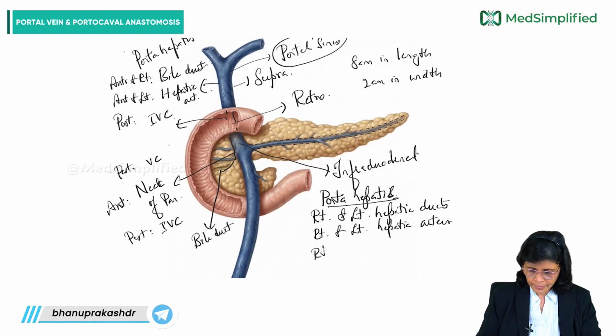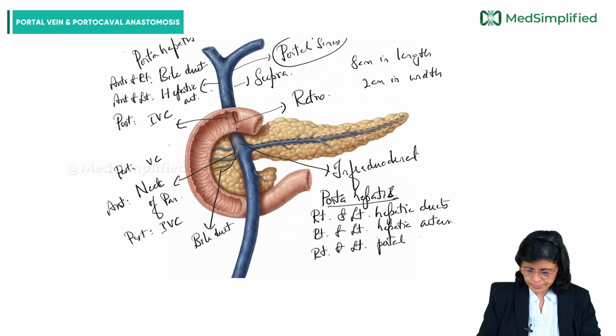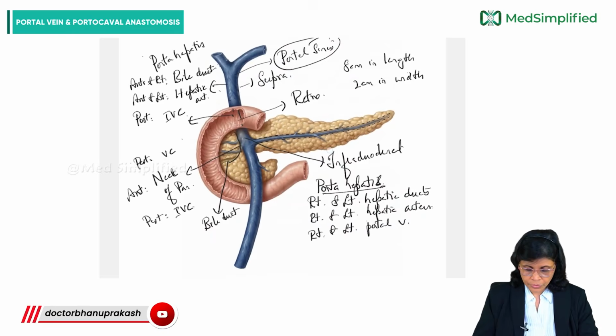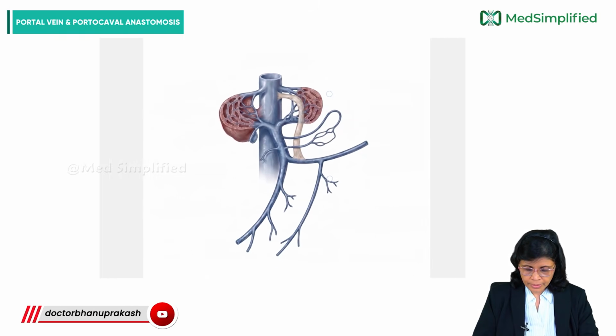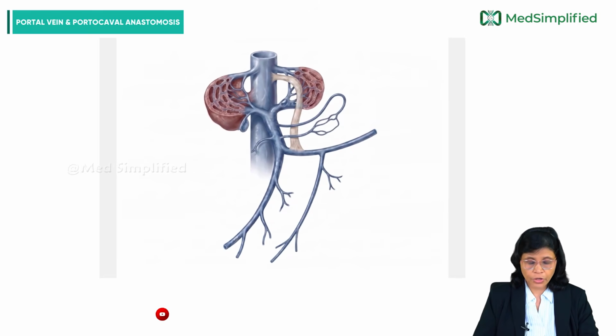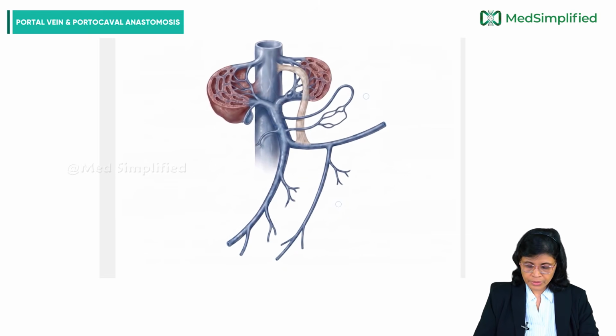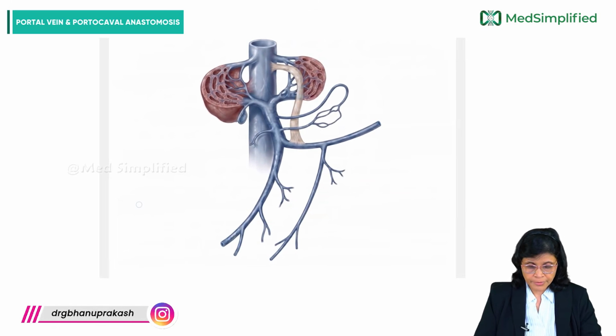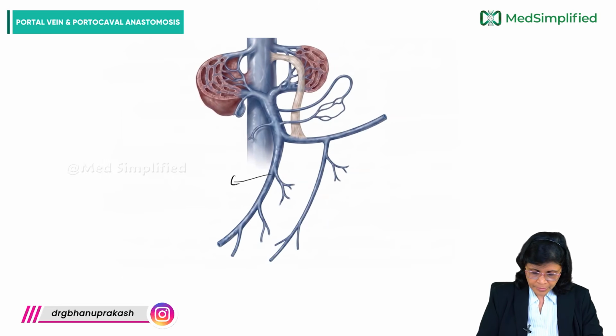And then we will see the right and left branches of the portal vein. So this is about the extrahepatic course. Here there are a few tributaries of the portal vein which join before it opens into the liver, that is, before its intrahepatic course. So here, if we see the superior mesenteric vein, this is the formative tributary, superior